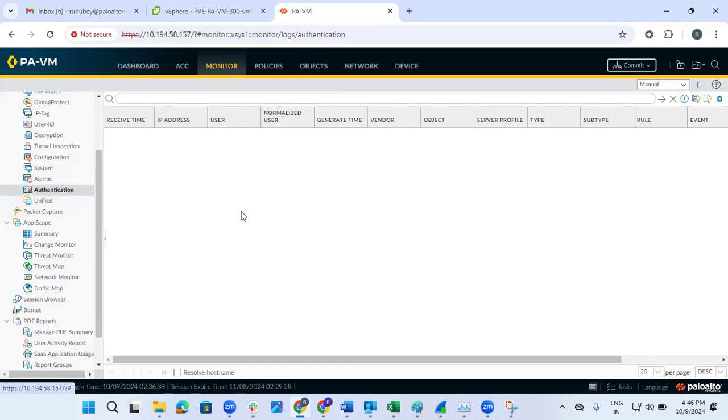Authentication is like, let's say some users have requested that they want to be connected on GlobalProtect, right? So they will request to connect to GlobalProtect. In this authentication tab, the logs will be automatically generated when user 4 wants to connect to the particular VPN, right? Let's say in this GlobalProtect, if I show you,